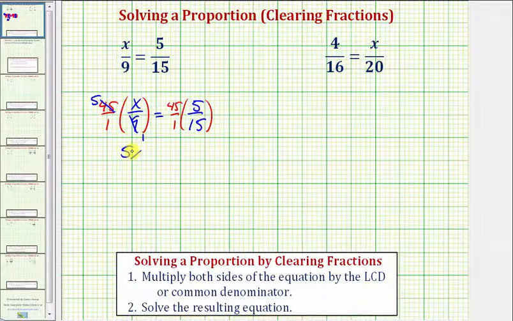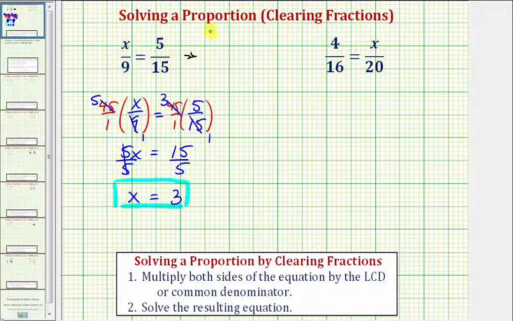So we have 5x equals, on the right, simplifying, notice how 45 and 15 share a common factor of 15. There's 1 15 and 15 and 3 15s and 45. Again, we have a denominator of 1, and therefore this product is just 3 times 5 or 15. Now to solve for x, we divide both sides by 5. So the left side simplifies to 1x or just x equals 15 divided by 5 equals 3. X equals 3 is the solution to our proportion,